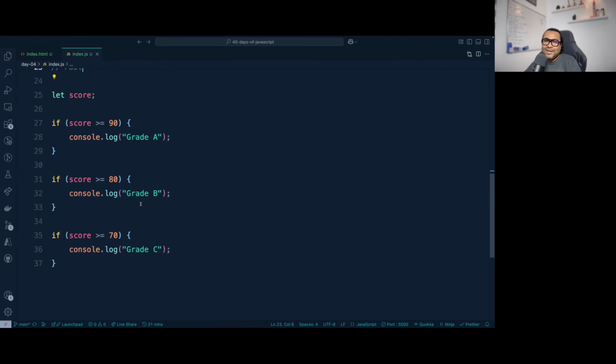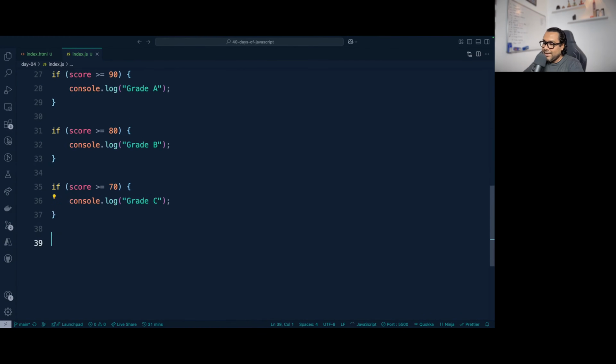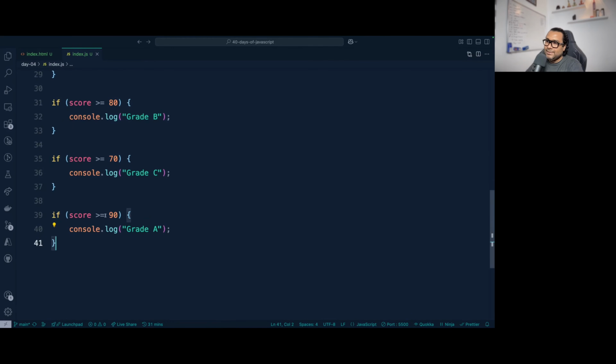Now you will say, boss, I know this conditional operator already. You are saying that greater than 90 means A, greater than 80 means B, greater than 70 means C. I will write another if block and say if it is less than 70, then it is fail. You know, I'm a smart guy.